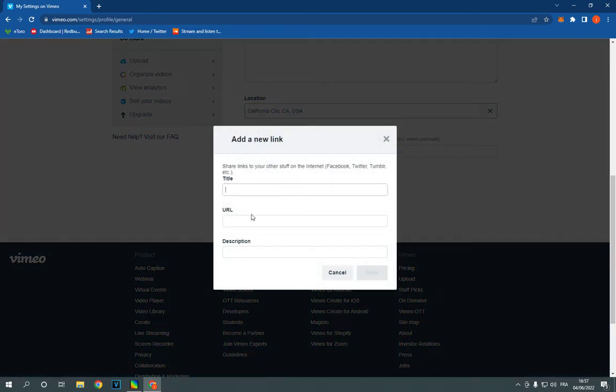Now all you have to do is add your Facebook link, for example .com/how-to-media, for example, and here add the title, for example Facebook, and add the description from here, and then click